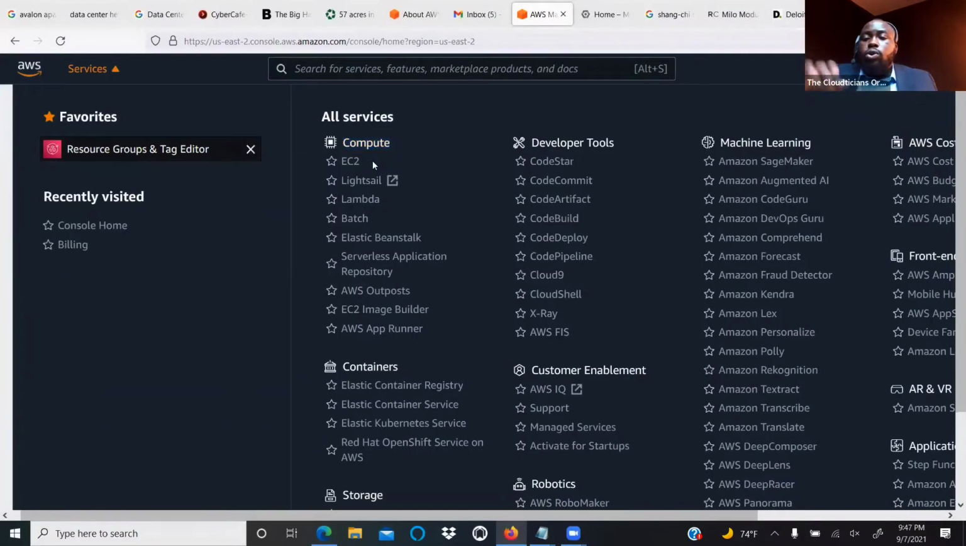EC2, do you know what it stands for? Elastic Compute Cloud. This is where the cloud language comes in. Elastic Compute Cloud means that it's a computer that has elasticity. So what that means is that EC2,